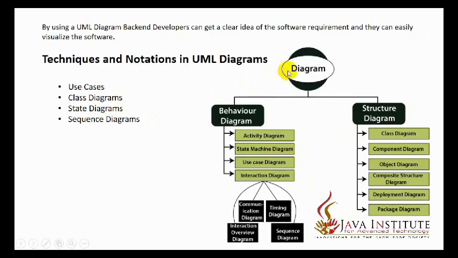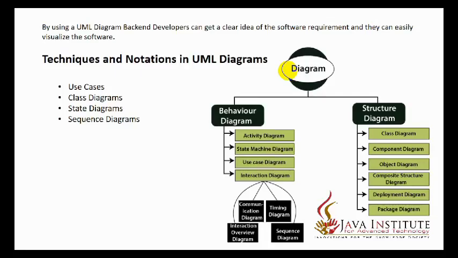We can divide it into two separate parts: behavior diagrams and structural diagrams. Normally, behavior diagrams we can categorize as activity diagram, state machine diagram, use case diagram, as well as interaction diagram. On the other side, structure diagrams include class diagram, component diagram, object diagram, and so on. In this video, I am going to talk about the class diagram, so I am not going to talk about